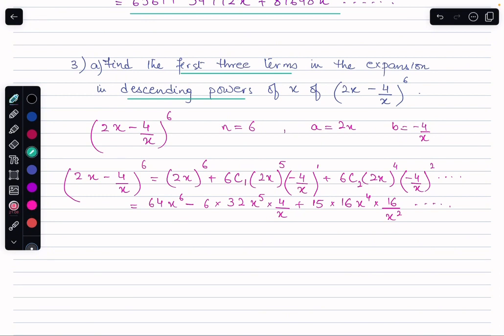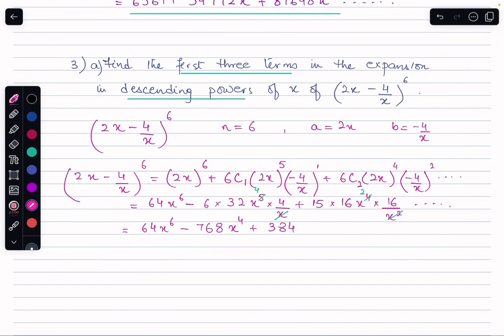The question here has said that it should be descending powers, and we can see that if I solve x to the power 5 divided by x, it's x to the power 4. x to the power 4 by x square solved gives me x square. Therefore, I can see that the powers here are in descending order. Therefore, this is 64x to the power 6 minus 6 times 32 times 4. That will give 768 x to the power 4, and then it should be